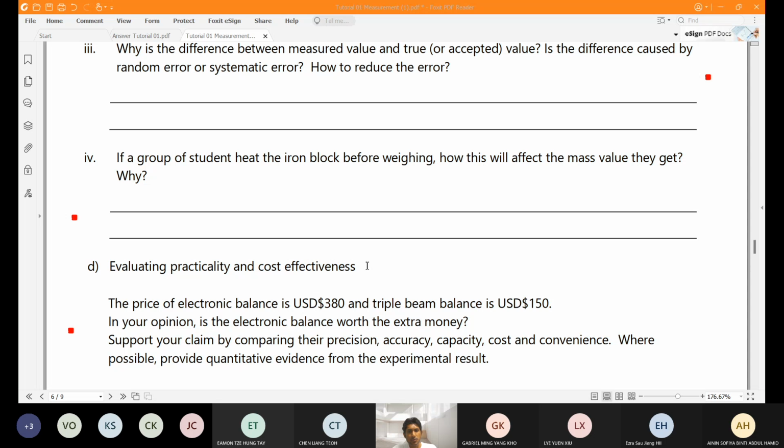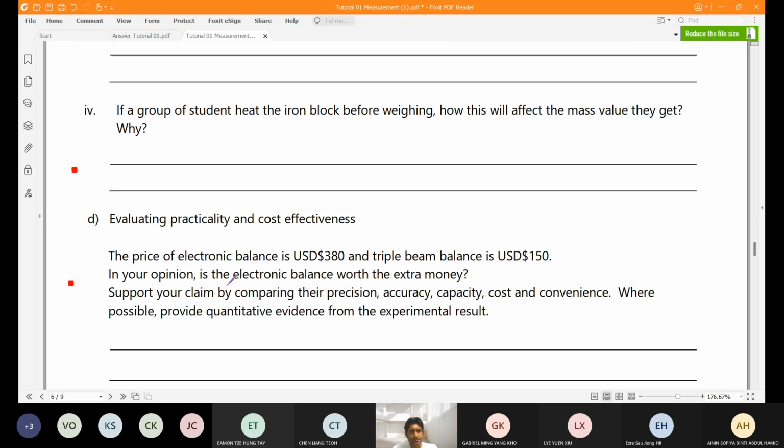When you put the hot block on the weighing pan of the balance, the air around it will be pulled down because of the hot buoyancy effect, and that is how the mass will be recorded as lower than its actual value. So yeah, if we do this,